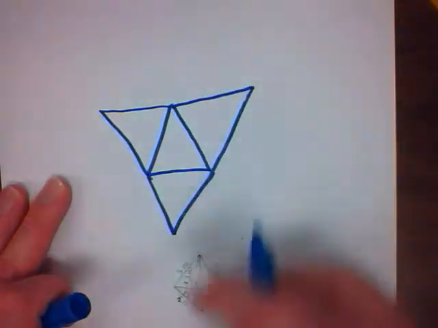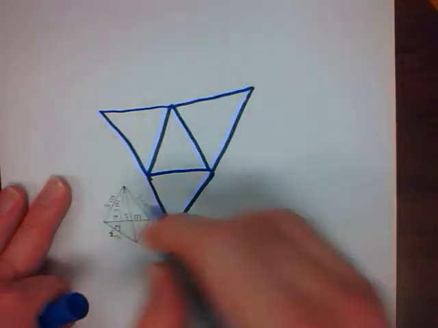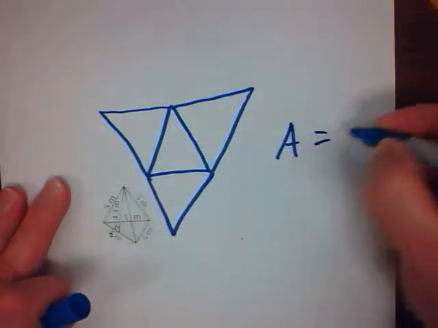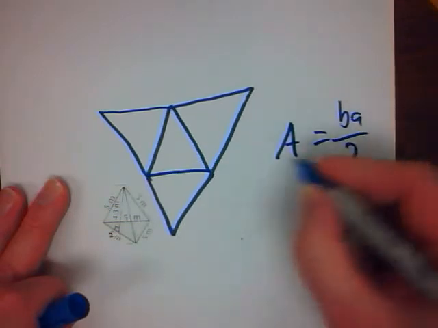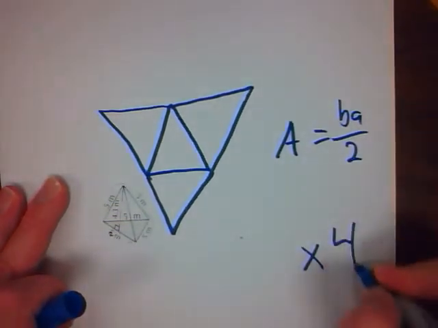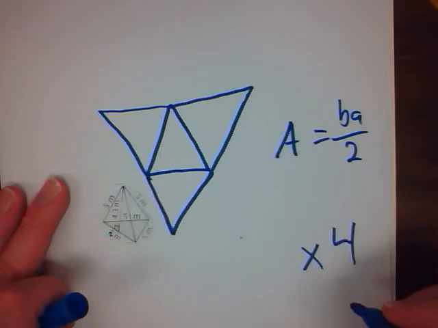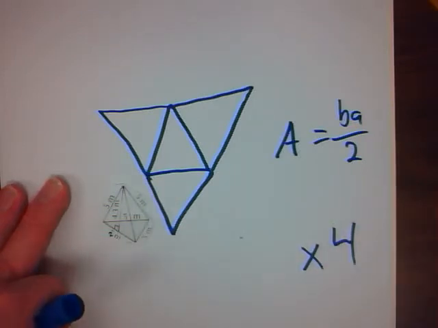In order to solve this one, because all 4 triangles are exactly the same, you only need a single formula that you will multiply by 4 at the end. And that's how you calculate the surface area of a triangular